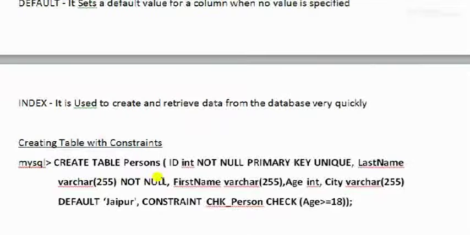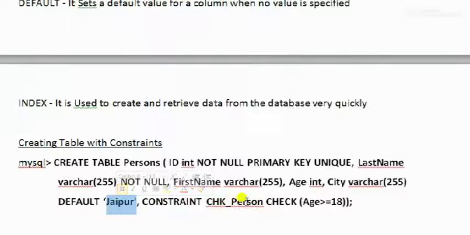Last name, varchar type, 255 characters. Again, it is not null. First name, varchar type, size is this. Age, int type. City, varchar type, default value. Just as I told you, if you don't enter any value, this value will be taken as the default value.